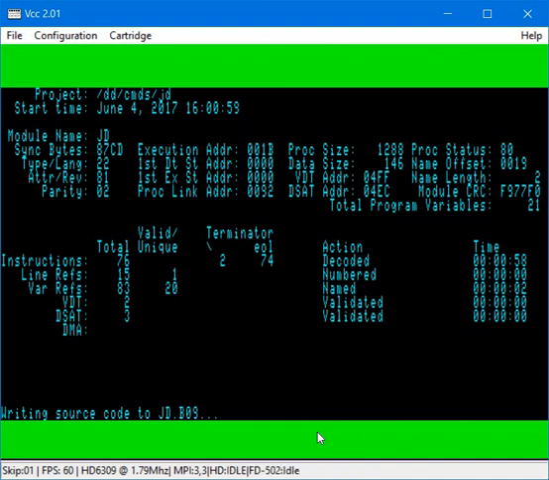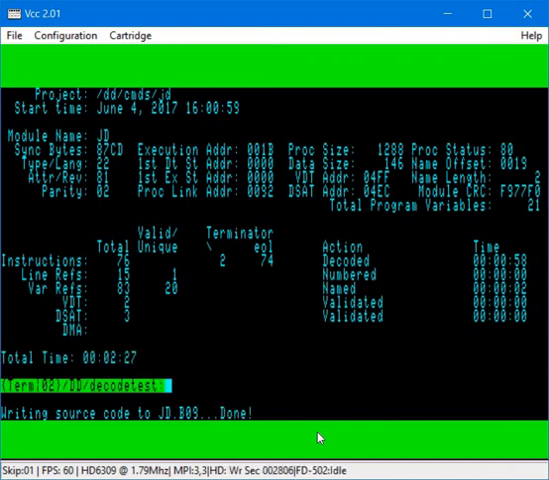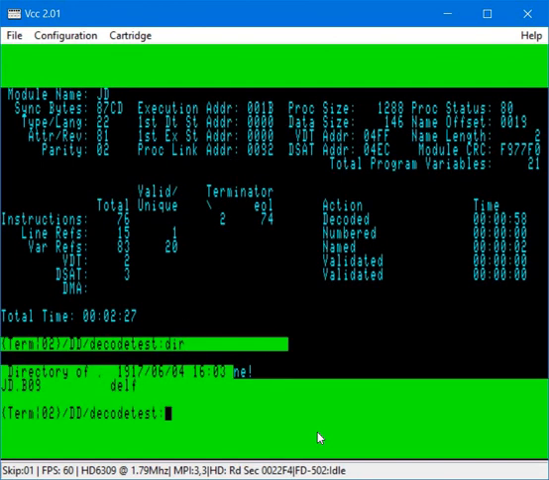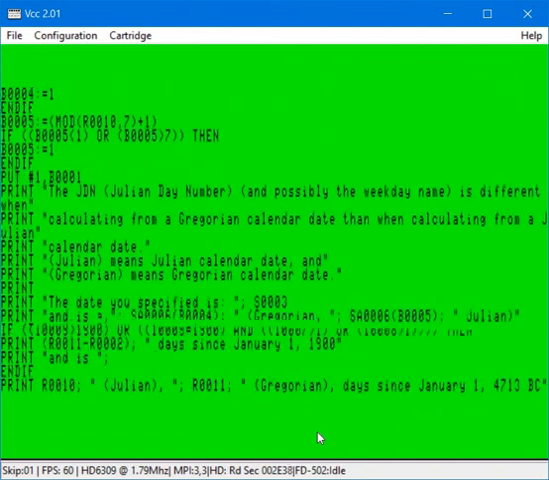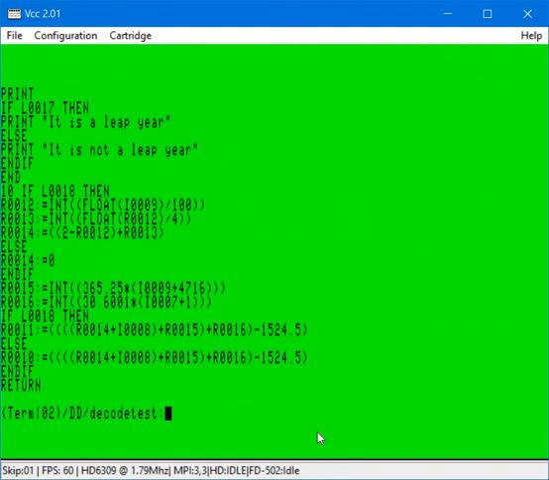Should be just about done with the source code. Okay, here. JDB09 is the only file there. 09, and yep, no dim statements, so I have to fix that. Anyway,